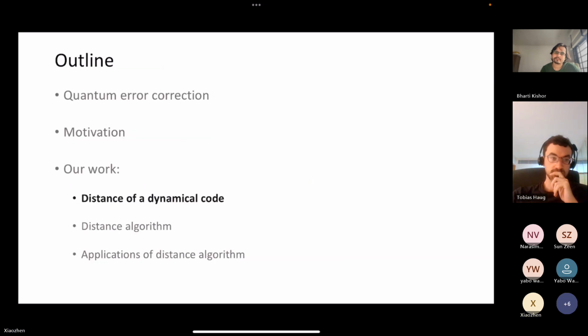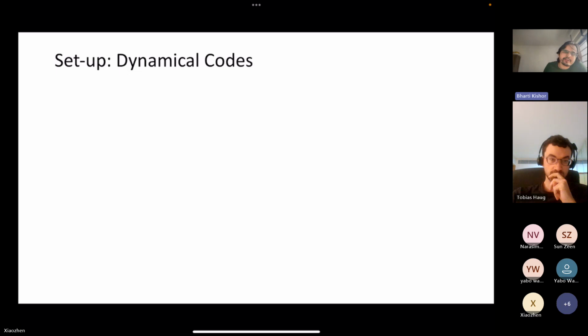Those are some of the motivating questions. So moving on, I will talk about some of the results in this paper. First I will discuss what is the distance of a dynamical code, then I'll talk about the distance algorithm, which is to find the distance of these codes, and lastly some of the